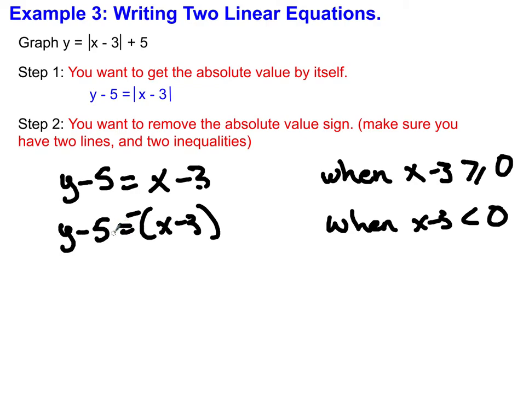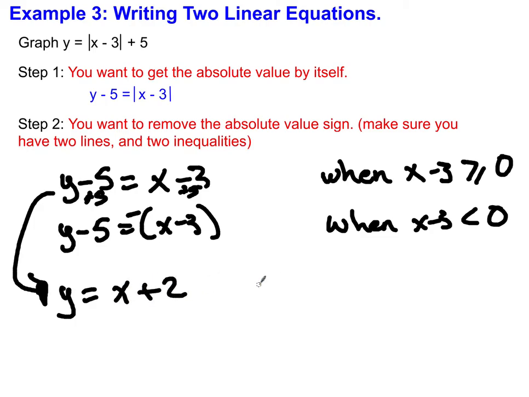I'm going to go ahead and write these lines, since we're going to graph them, in slope-intercept form. So this first graph in slope-intercept form, if I added 5 to both sides, plus 5, I would get y is equal to x plus 2. And then if I do that with this one,